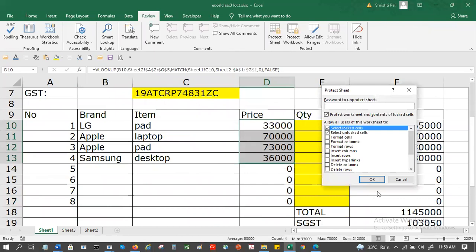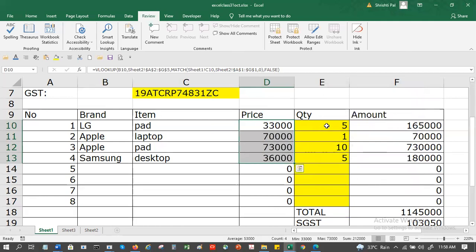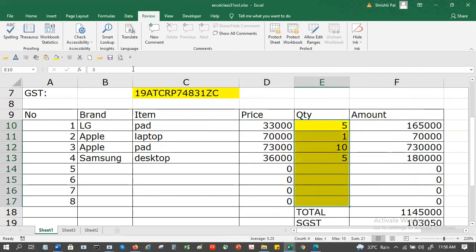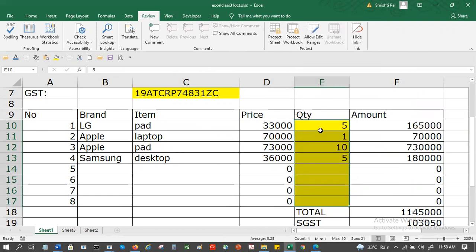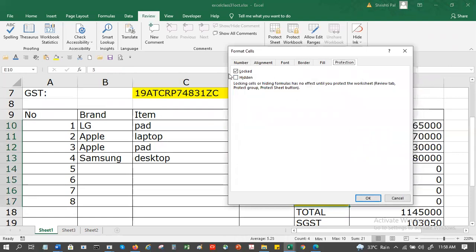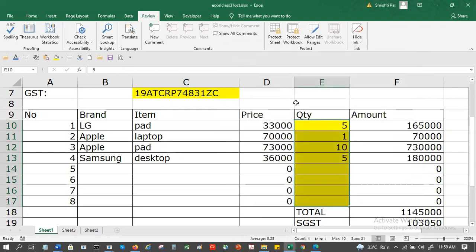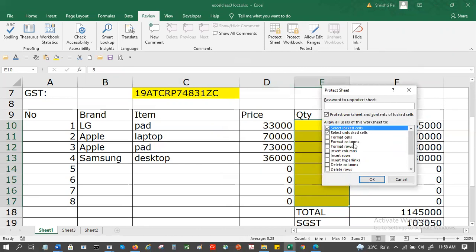I'm going to protect the sheet. With the password? Yes. Only this one I'm going to enable. So for that, I'll go to format cells, protection. Basically, if you enable a particular column, then the other columns cannot be changed without the password.